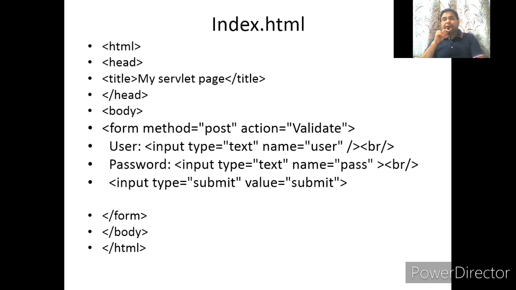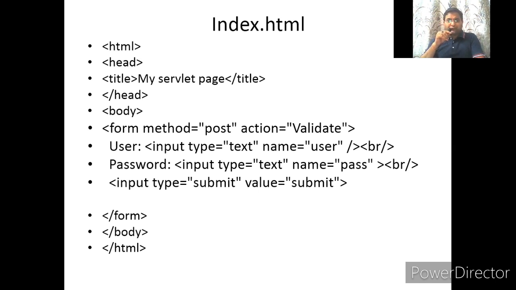What is present in this HTML file? There is a form element which is using the post method and action validate. What is the meaning of this line? This line means the form will send the data in the manner which uses the post method. And what is the meaning of action? The meaning of action is that the validate page which is present at the server will receive the information which is sent to the server.